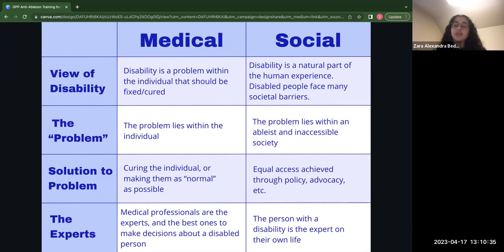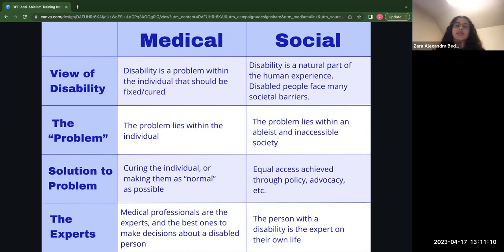One example of the social or cultural model in action. Consider a wheelchair user that's trying to get into a building that only has stairs and no ramp leading to the entrance. The medical model would view the issue to be the wheelchair user cannot climb the stairs and would see this as a deficit within the individual that should be fixed. However, under the social and cultural models, the lack of the ramp is the issue. The best solution would simply be to install a ramp so that this wheelchair user could enter the building. The ramp not only benefits the wheelchair user, but many others, such as a parent pushing a stroller, someone carrying heavy packages, or someone using another mobility device.